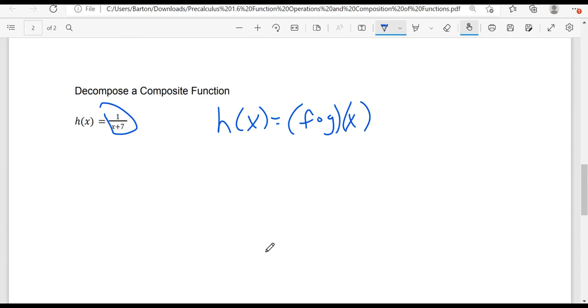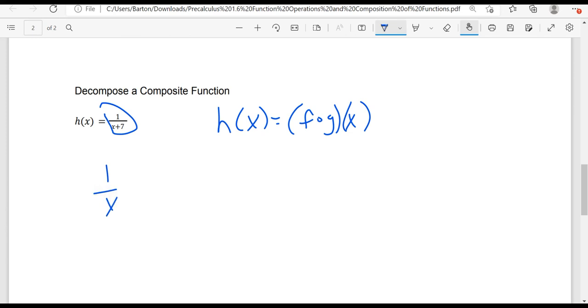So one thing I notice and look for. So there's two strategies, okay? One is that we're going to need to factor. There's no factoring with this problem. You can't factor 1 over x plus 7. Second thing is, let's recognize what type of function this is. This is a rational function, right? It's 1 over a number. It's rational, okay? So that tells me that probably 1 over x should be involved with this in some way,